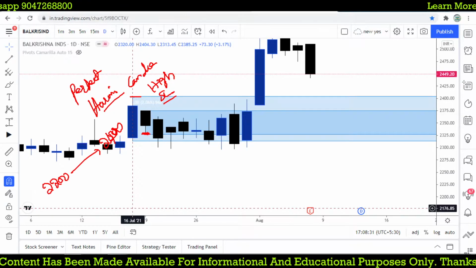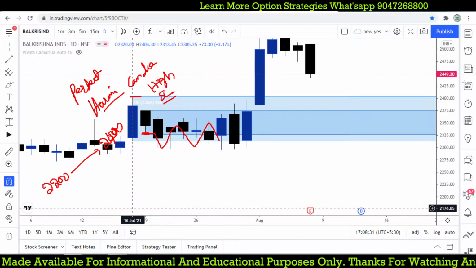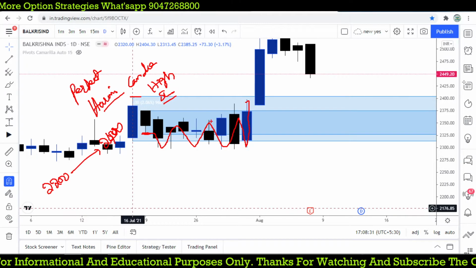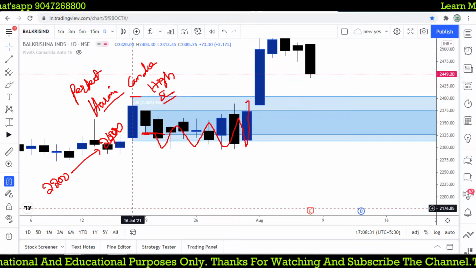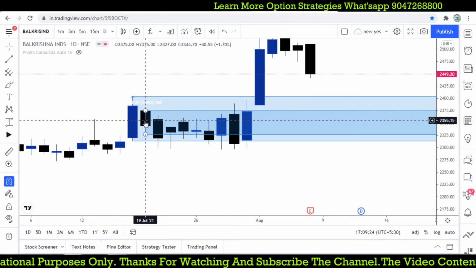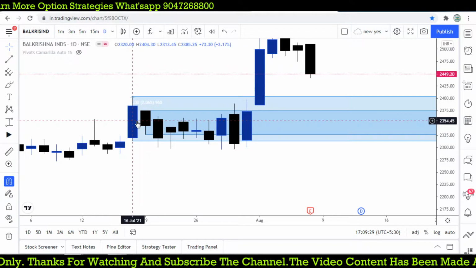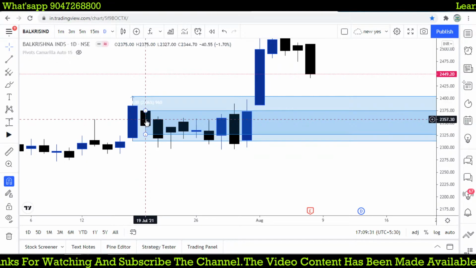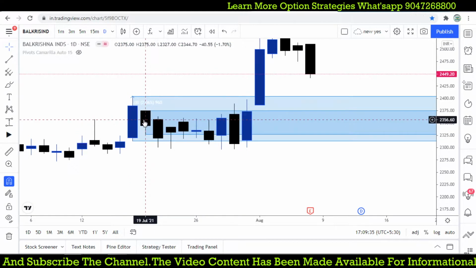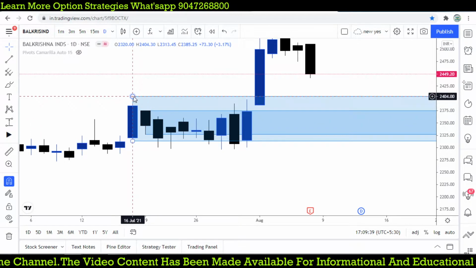So what happened? It initially triggers and shows you some profit. Again, it moves up and it is trading inside the range. Again, it gives you a breakout. So if you are doing it at this point, I'm going to sell around 2327, the low of this candle. If I'm going to take 2313, it is somewhere 13-14 points different for the first candle entry or the second candle entry. You are making the stop loss for both at this candle.